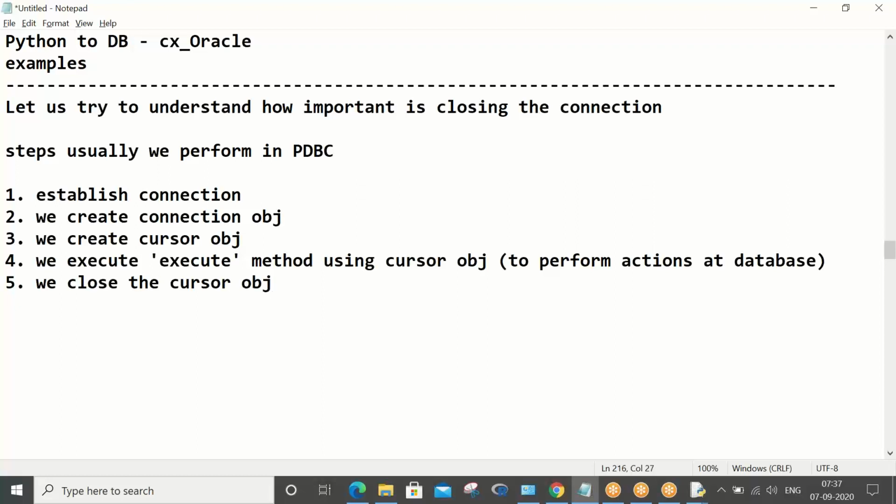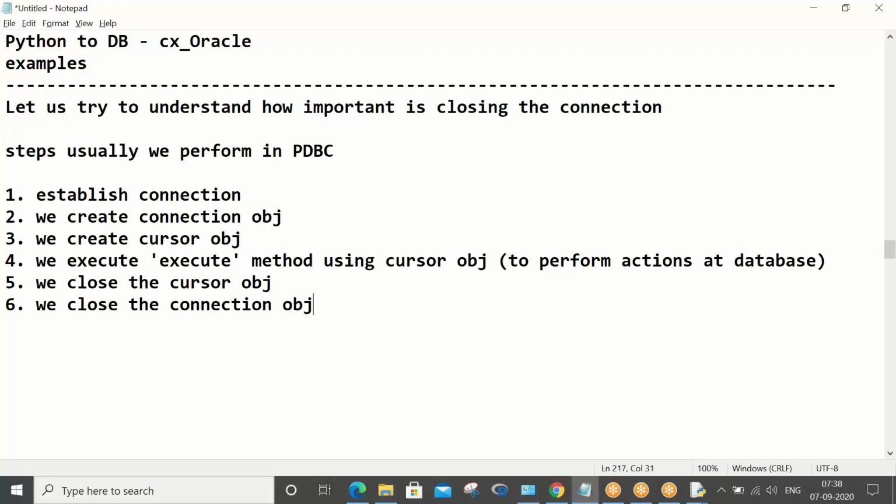See, establishing a connection means you are opening a 200 pages notebook. And cursor object creation means taking a pen in your hand. Closing the cursor object means you are putting the pen aside. Putting aside the pen doesn't mean that the book got closed, right? So we close the cursor object and we close the connection object.